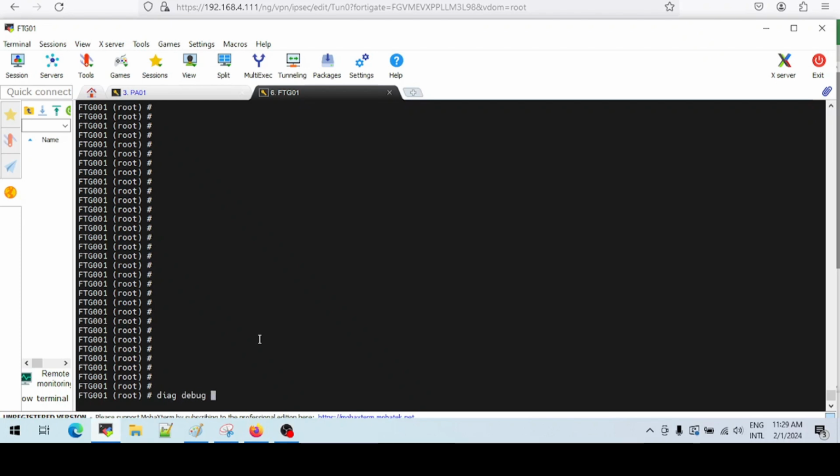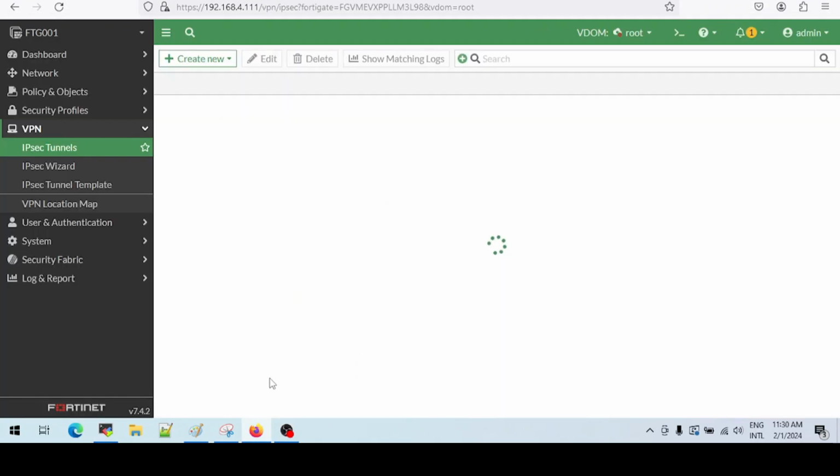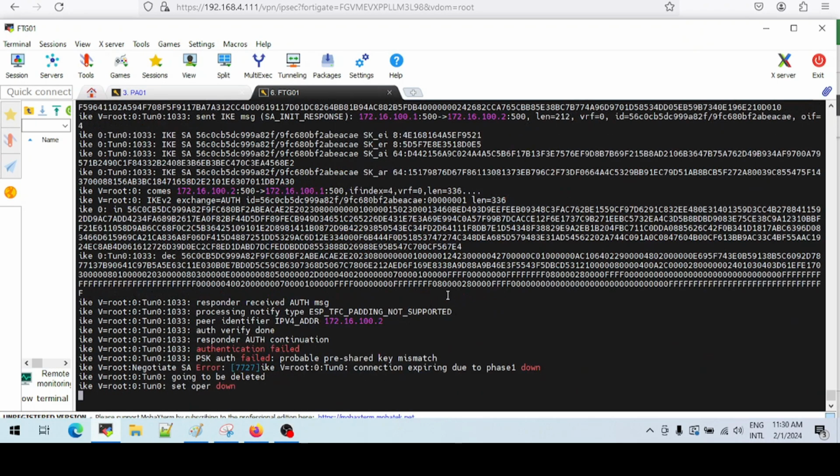Diagnose debug application IKE 01. Diagnose debug enable, and then I'm going to press OK. And then watch what happens on the screen.